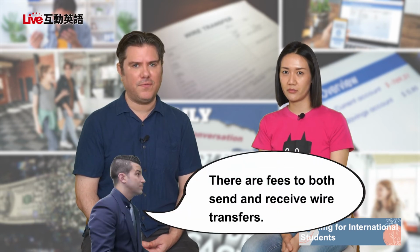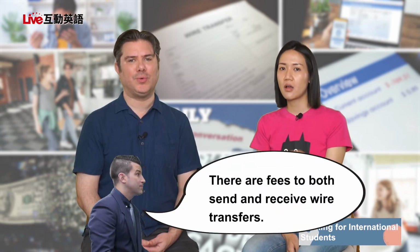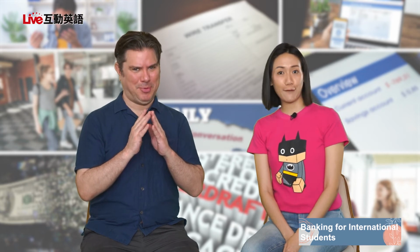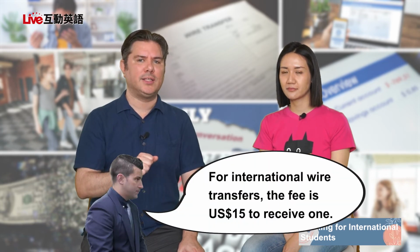She wants to know if she has to pay for anything, and she needs that money fast. Absolutely. Well, the bank teller says there are fees to both send and receive wire transfers. Gosh. You can't send money without the bank's help, so they'll help you, but you have to pay. It won't be too much, but you do have to think about that because there will be extra money involved there. For international wire transfers, the fee is